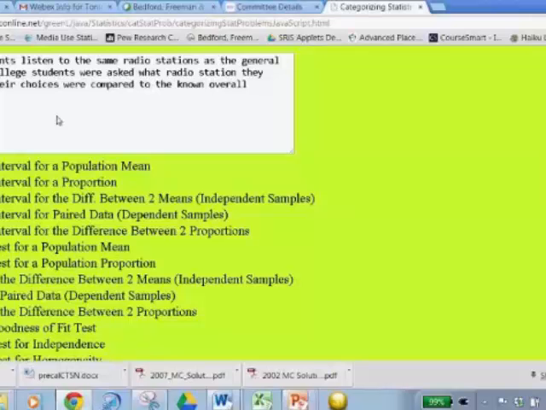So this one's interesting. Do college students listen to the same radio stations as the general public? 2,000 college students were asked what radio station they listened to. Their choices were compared to the known overall rating. So this is a little bit vague, and deliberately so, to have students think about what kind of procedure is being asked for. What I like is it, first of all, forces the decision between a confidence interval and a hypothesis test. So the question is, are we trying to estimate something, or are we trying to test a claim